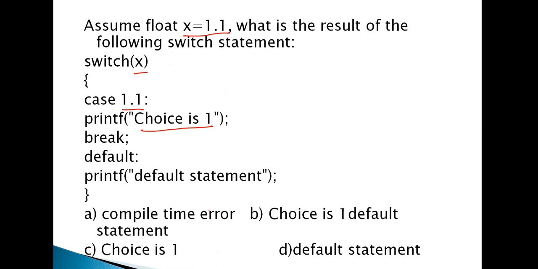So generally we are doing like that. But before solving a question, first of all, you have to know whether the question is correct or not. Simply, 1.1 and 1.1 matches, output is choice of one. Please don't do that. The simple thing is the labels do not contain floating point numbers. That is, the labels must be an integer or character. It does not contain any floating point number. So it gives an error. So don't try to solve the problem. It gives an error. Simply it violates the rules of the properties.